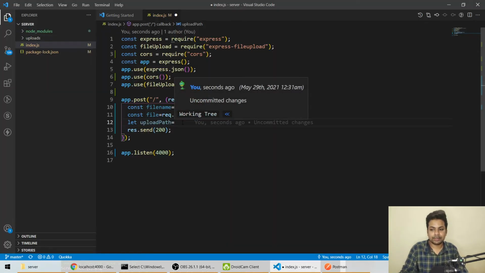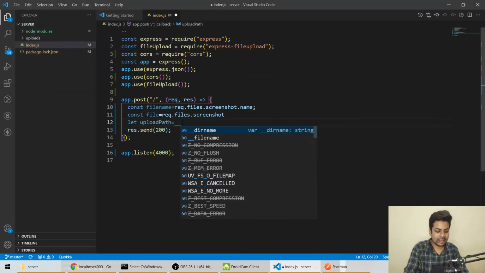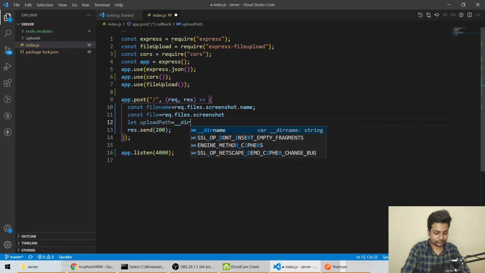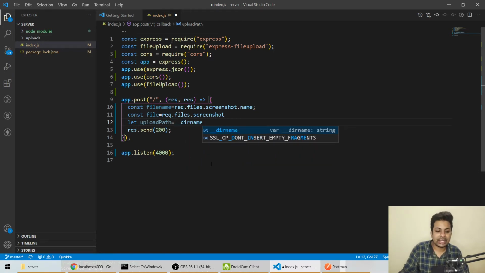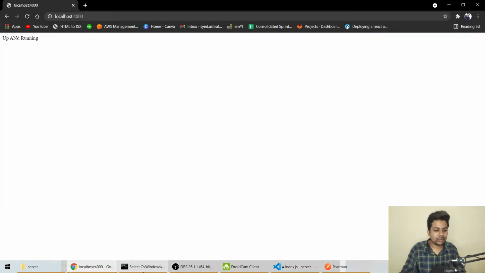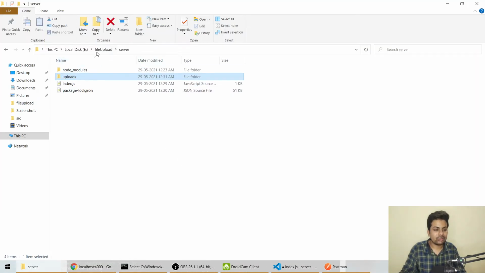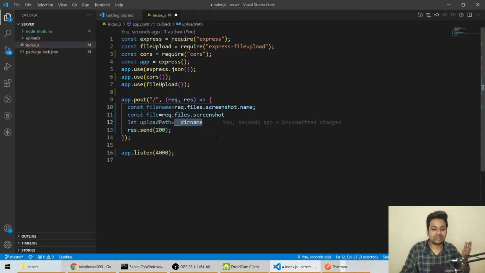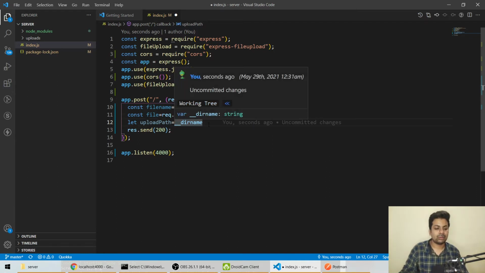In uploadPath I'll take the directory name. You know what this command does: it automatically outputs the name of the directory. If I'm using it in this file, it will automatically give E colon slash file upload server, the present location of the file.